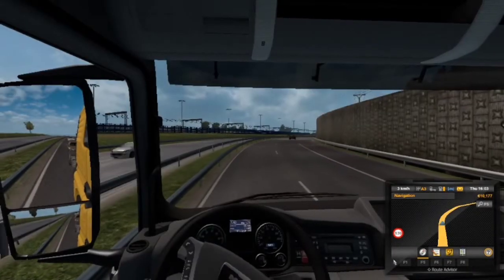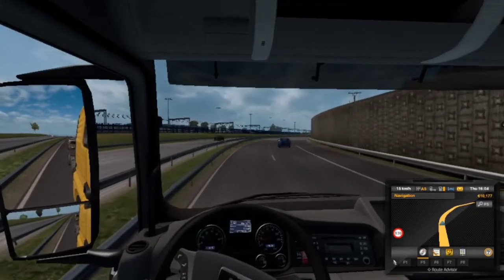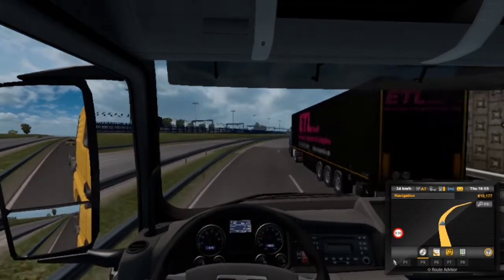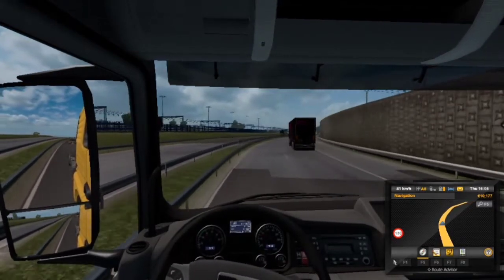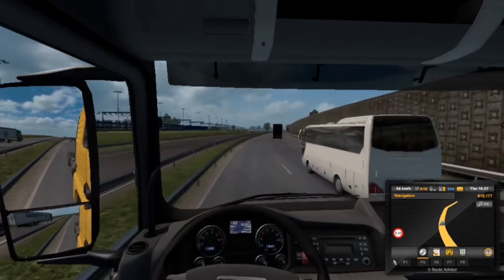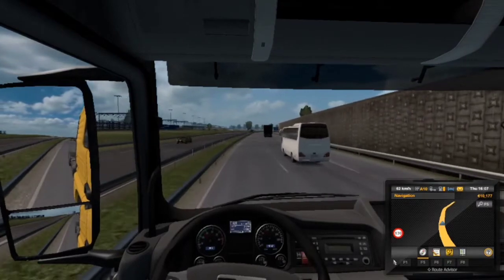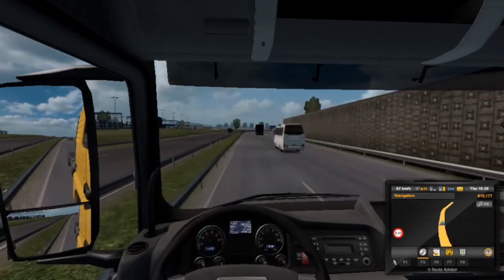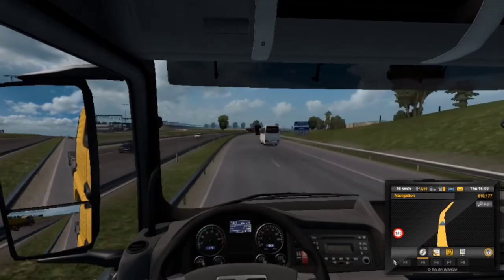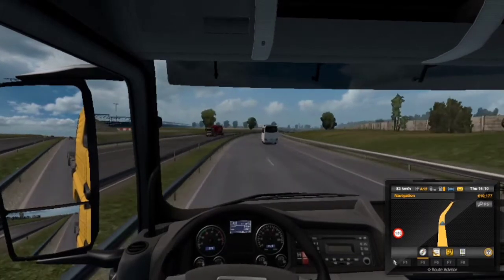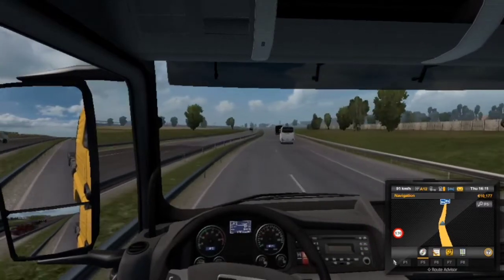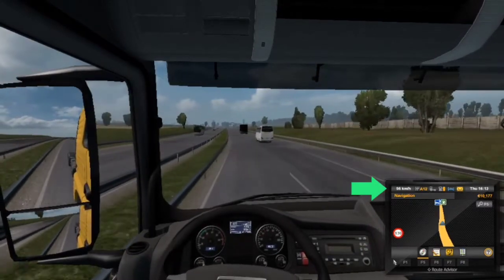Now I am starting my truck. Gradually we are increasing the accelerator. We are at 40 km per hour now. We crossed 50. 70 km we have reached. And in the route advisor you can see the current speed limit is 130 km per hour. It is now showing the car limit.